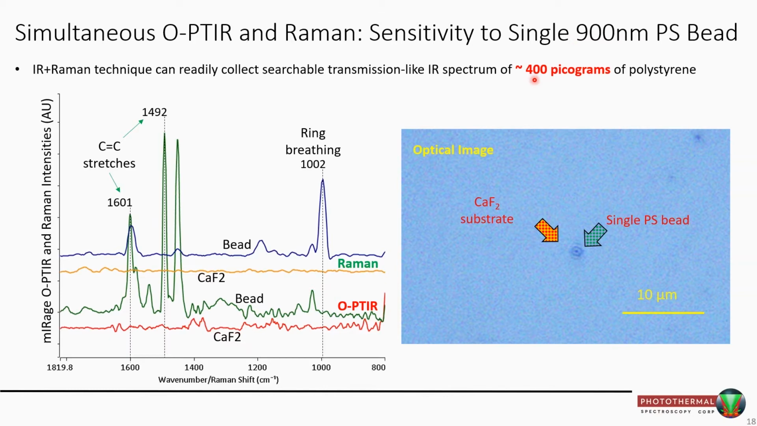Perspective in terms of mass, that's about 400 picograms that we're measuring here. So the measurements on the clean substrate and the measurement on the bead. The top two measurements are Raman, bottom two measurements are infrared. We've got one for the substrate, one for the bead, and same here in the O-PTIR. So you can see when you're off the bead, it's a flat line, it's featureless. When you're on the bead, you see all of the characteristic features that you expect for polystyrene in the infrared